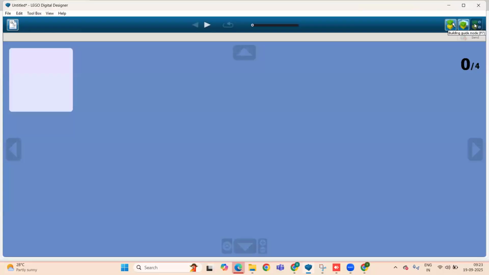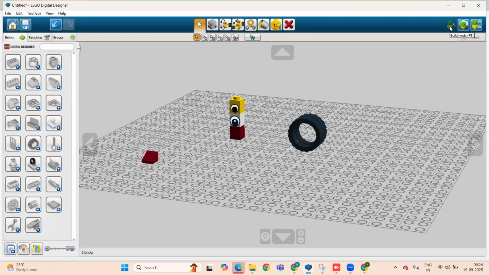For example, I have not prepared any model, so that's why it is showing 0. If we prepare any model, we can come here and generate the building instructions, or building guides.